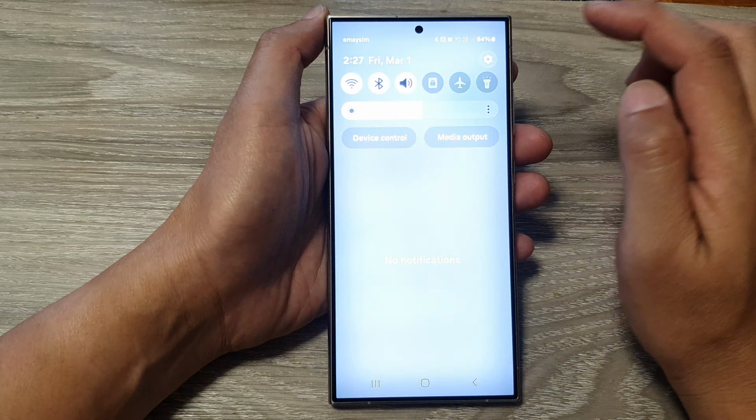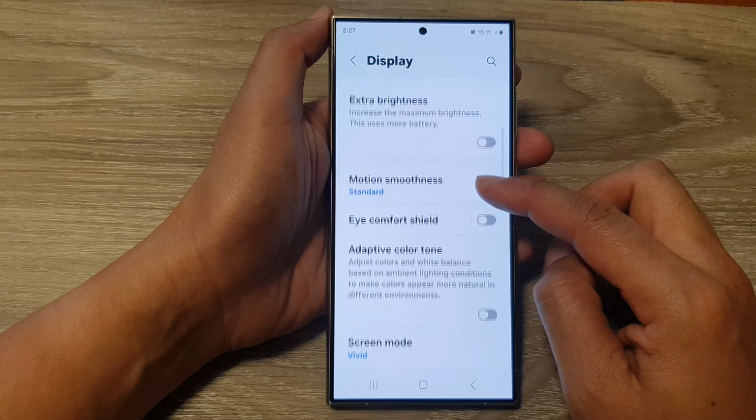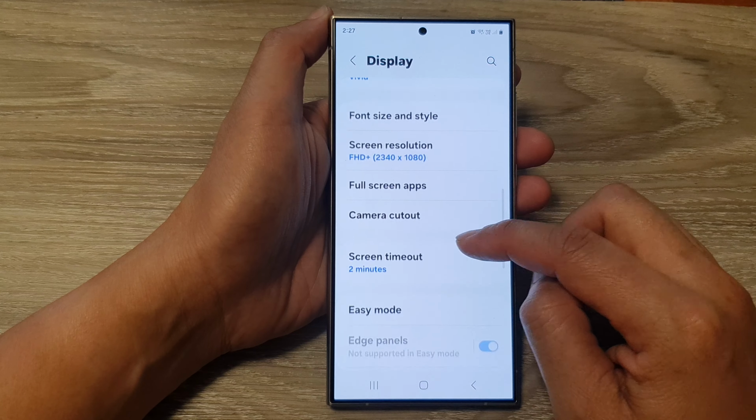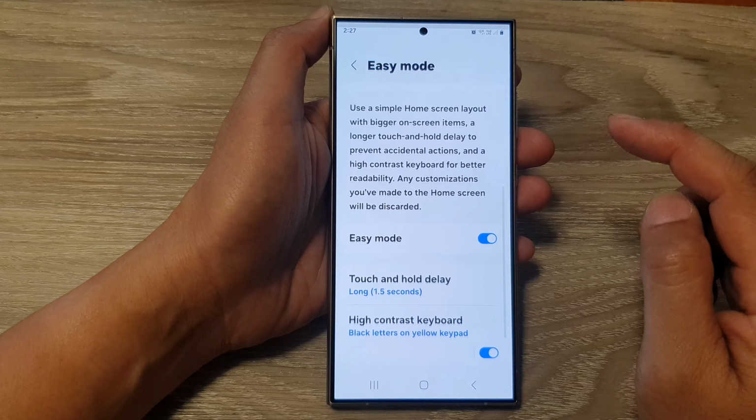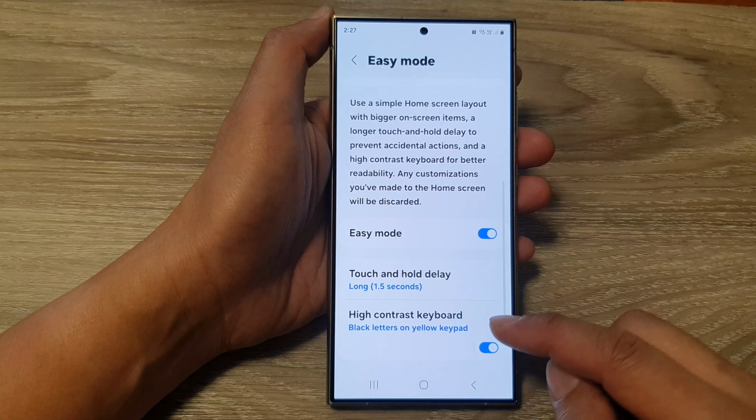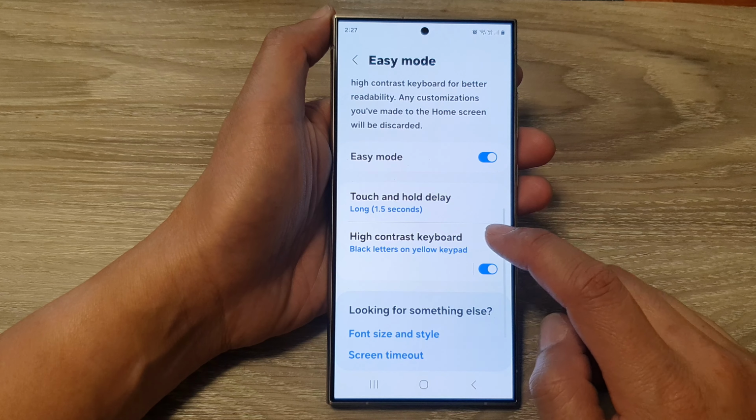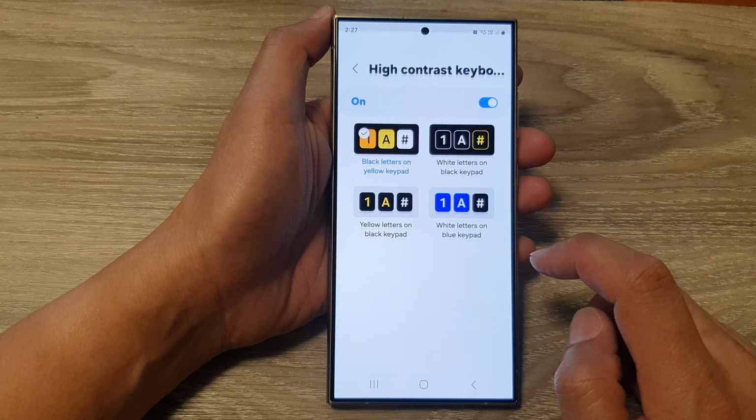Next, we scroll down and then tap on display. Now scroll down and then in here, tap on easy mode. Then we scroll down and tap on high contrast keyboard. At the top here is the toggle button that you can turn off high contrast keyboard if you don't want